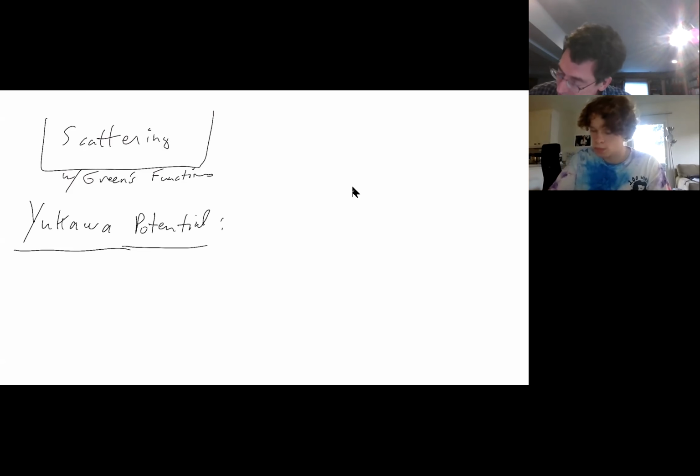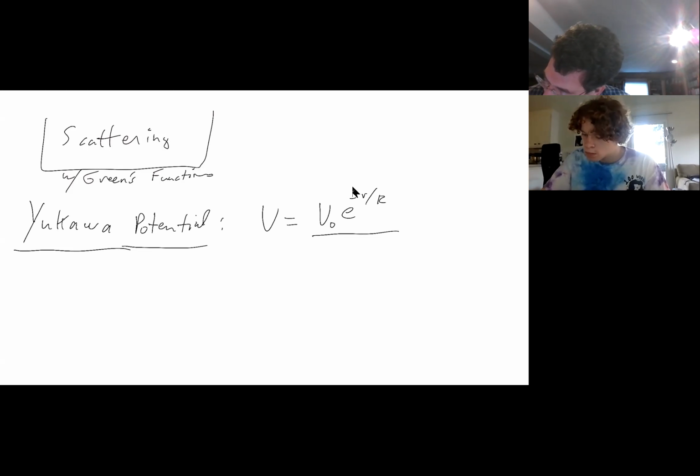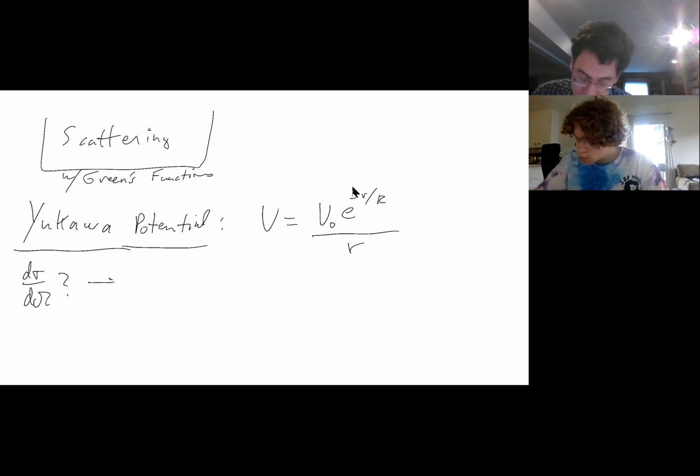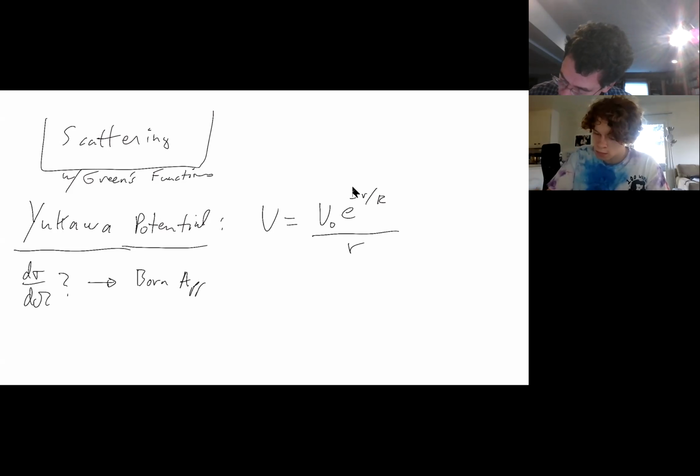And there we had the potential looks like this. It's a screened potential, a screened Coulomb potential. And so we were asked, what is the differential cross section? And so then we found, we used the Born approximation, which is that d sigma d omega